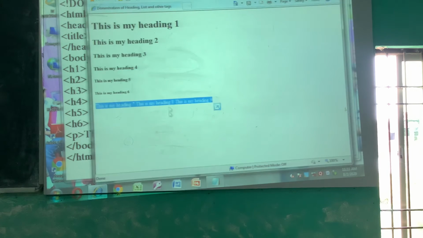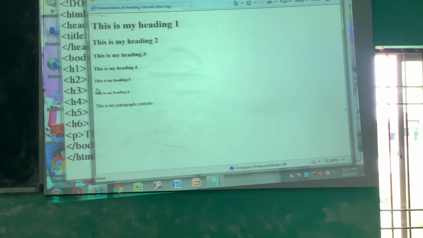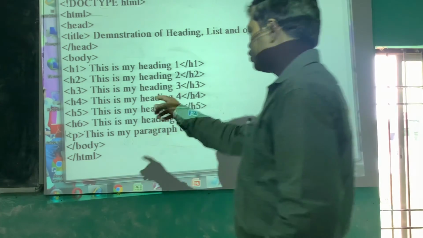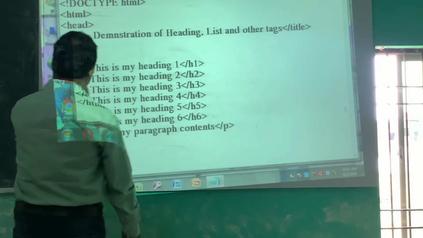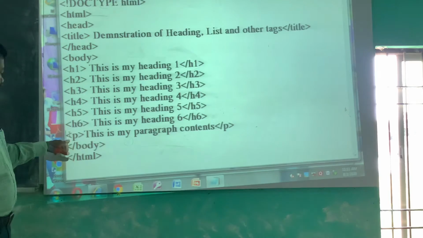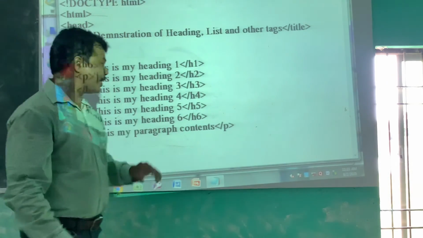Like your heading, the P tag also creates a new line. See here, there is no break tag used at the beginning of the paragraph tag. But like heading tags create new lines, the P tag also creates new lines.